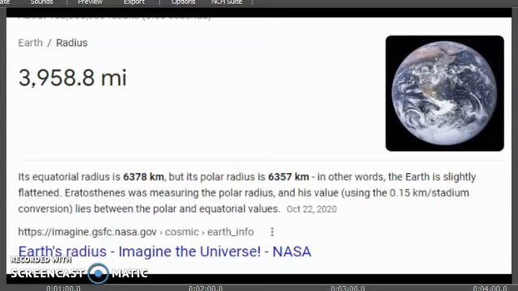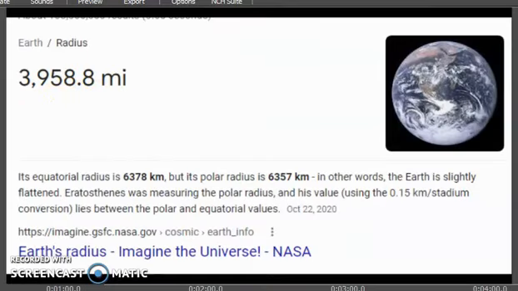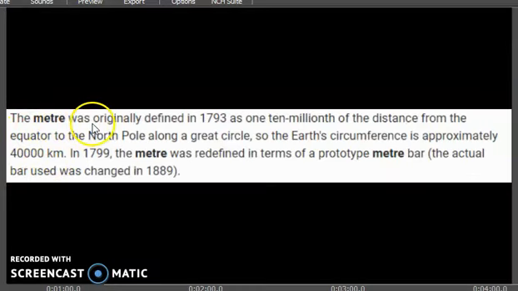This video will describe the relationship of the radius of the alleged ball Earth to the flat Earth. So we are told that the radius of the ball Earth is 3,958.8 miles. So the distance from the core to the surface is 3,958.8 miles. When one researches the history of the meter, one learns the meter was originally defined in 1793 as